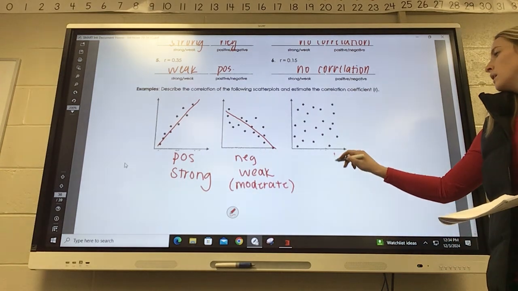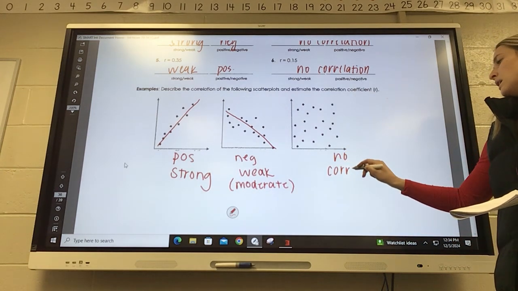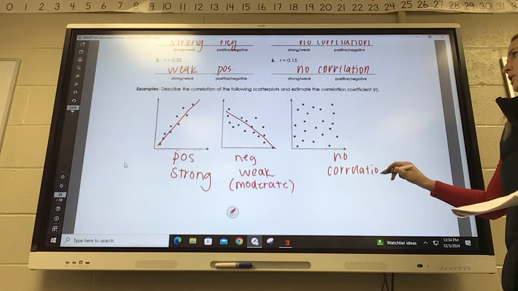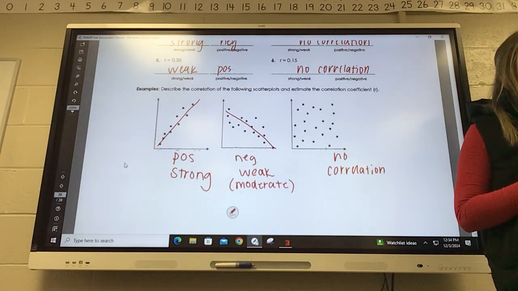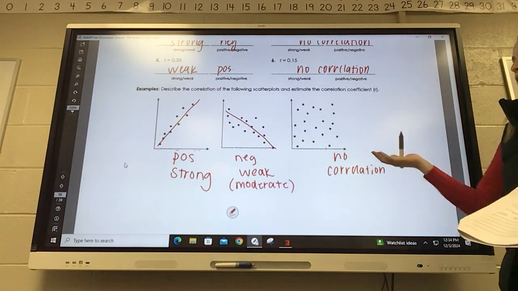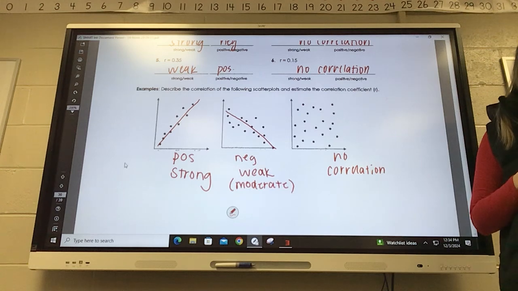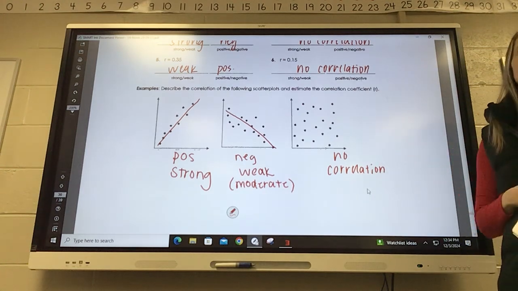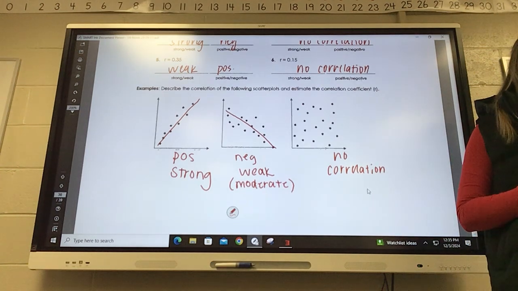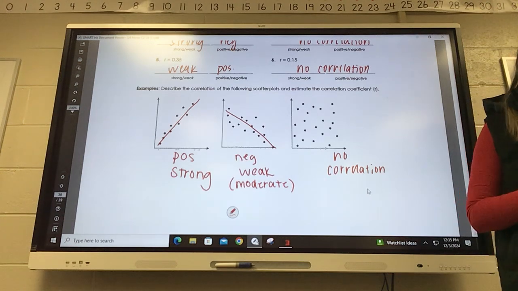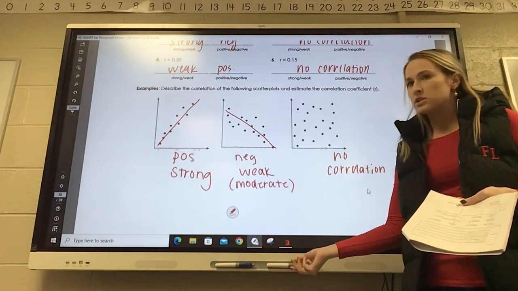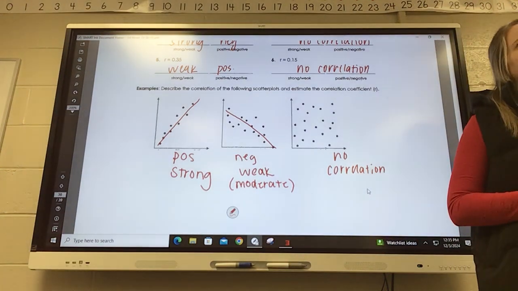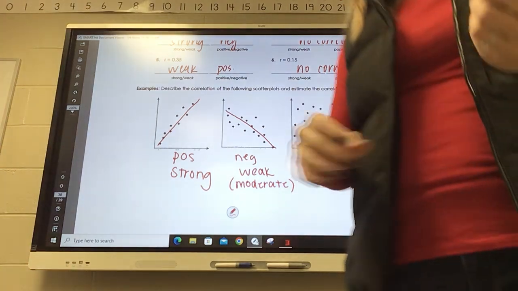No correlation. No correlation. And again, if you're looking at the picture, can you even tell if it's positive or negative? No. That's why I don't really make you put the positive or negative on no correlation, because you really wouldn't be able to tell if it was in that category. Does that sound good? All right, do we have any more quick questions before we practice? Okay. We're actually going